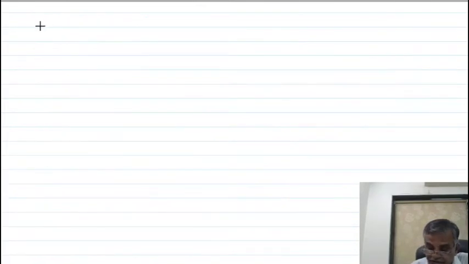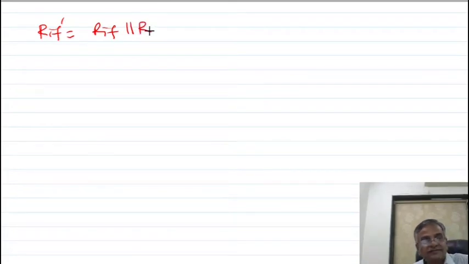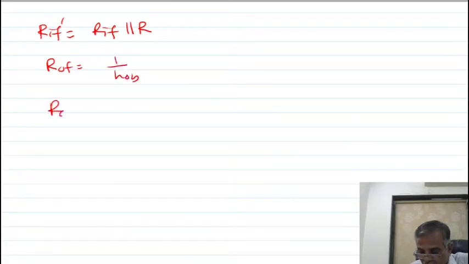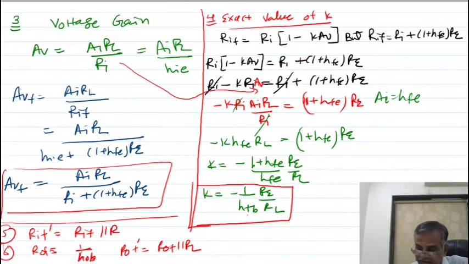Overall input resistance, suppose somebody is asking you, I can write RE parallel R1 parallel R2, it is called R. Overall output resistance, this is ROF, output resistance we have written. Overall output resistance is given by 1 upon this ROF parallel into RL, because it is coming in parallel, you can see here.